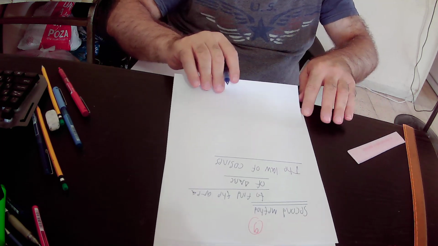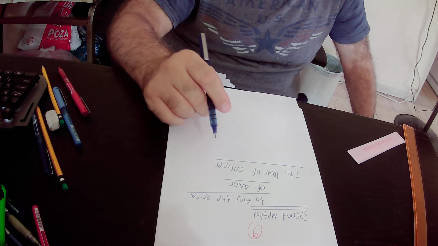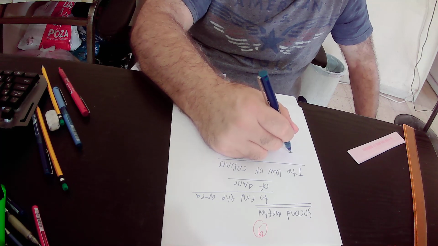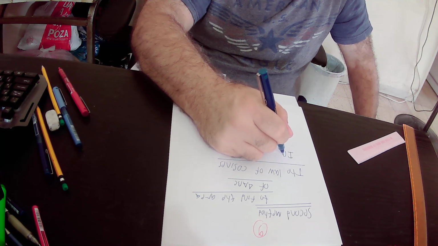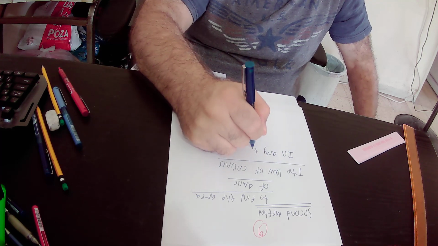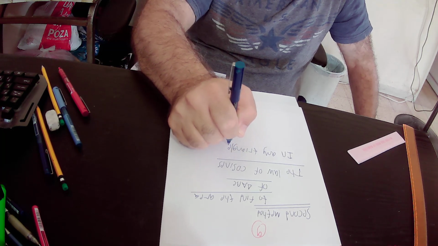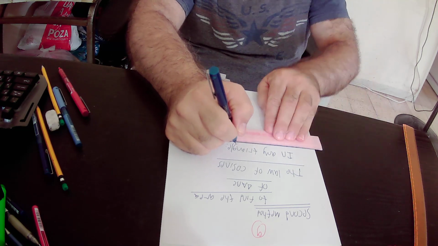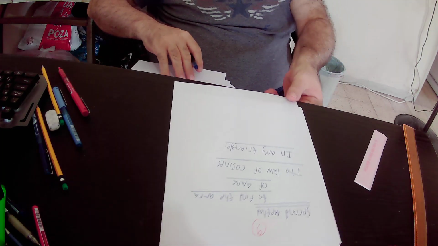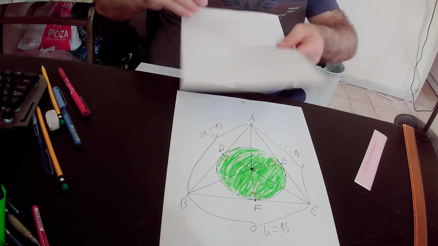First of all, I want to emphasize that the law of cosines is valid in any triangle, so I write down that in any triangle, you can use it in any triangle. So actually, if you have triangle ABC,